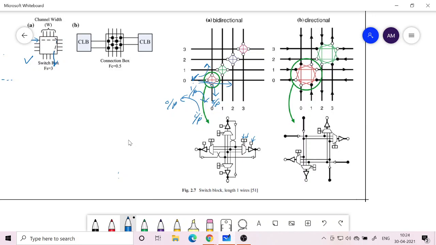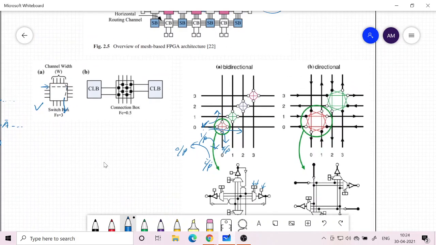So one of the 3 outputs can be routed, and since it is bidirectional, the same thing goes to the other side also. If this is an output and you may be getting input from the other direction, there are 3 other 3x1 multiplexers available.